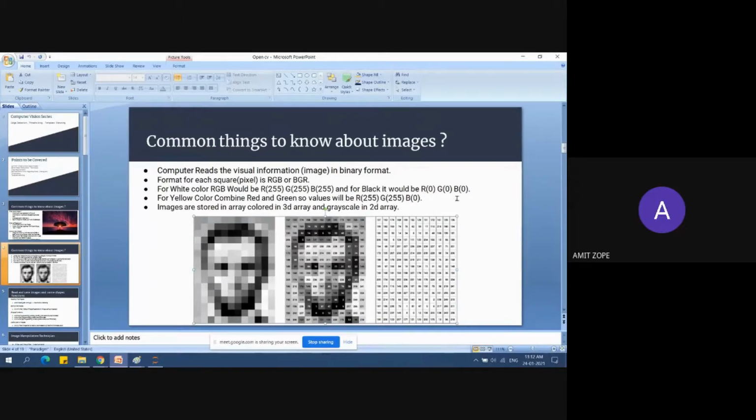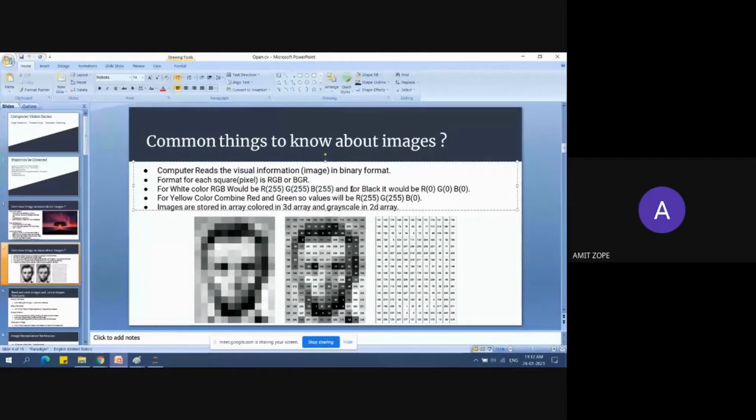So basically, we can see that there is one pixel value for each square, and a zero pixel value depicts a black pixel, as well as the 255 value for a pixel depicts white. So basically, this is the RGB format, and if you want the color to be white, then you can specify RGB as 255, 255, and 255.